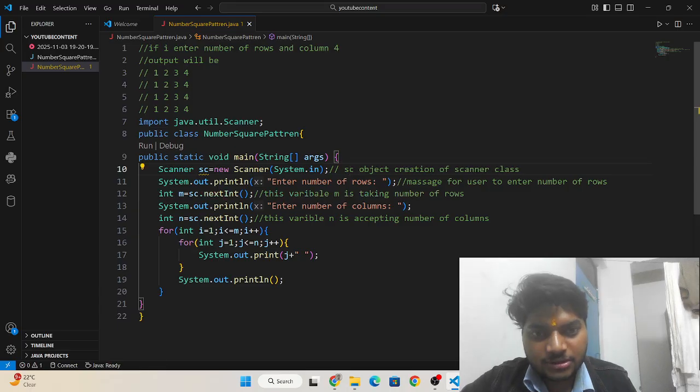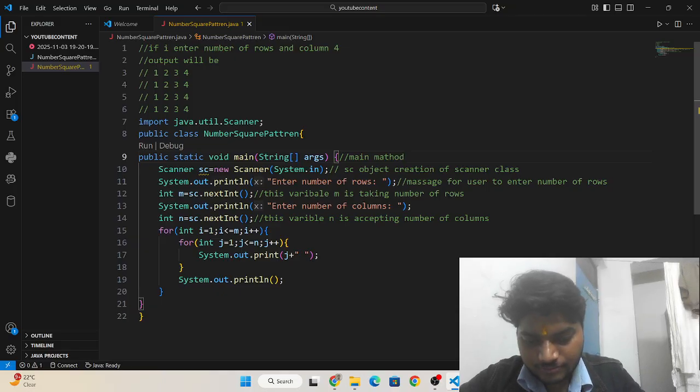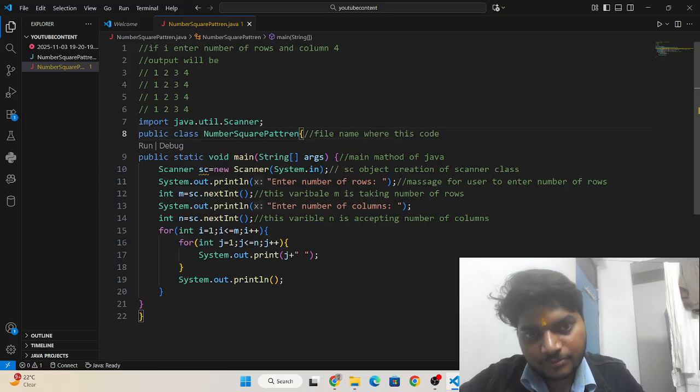SC object creation of the scanner class, and this is the main method of Java, and this is the file name where this code is saving.